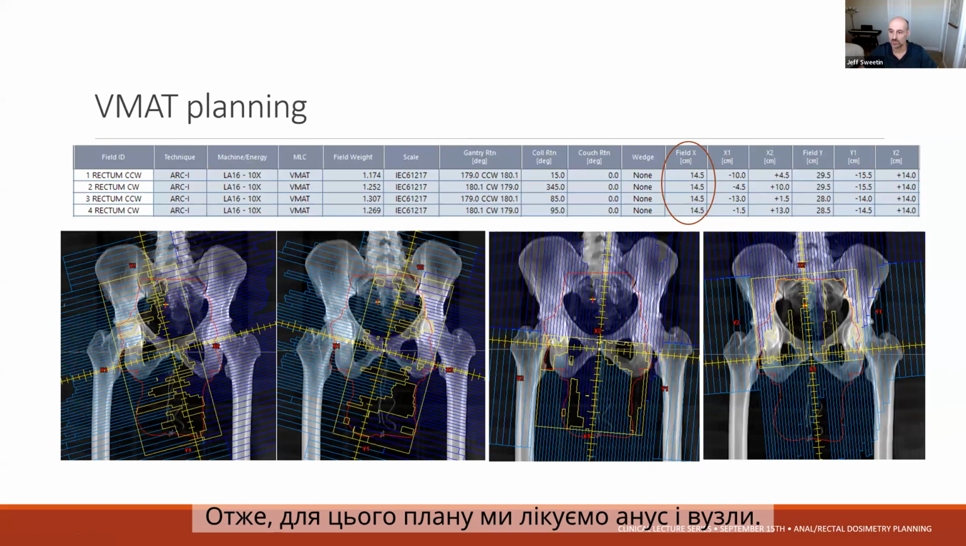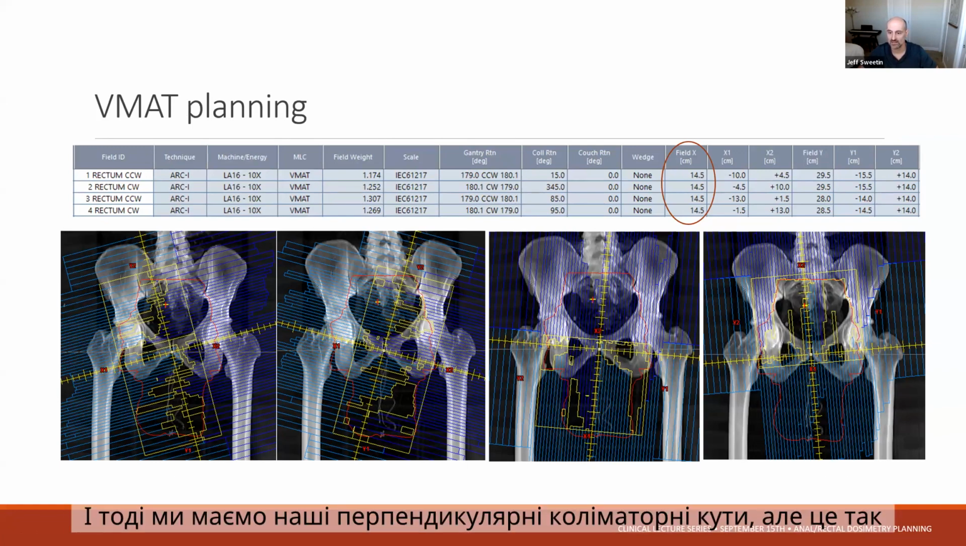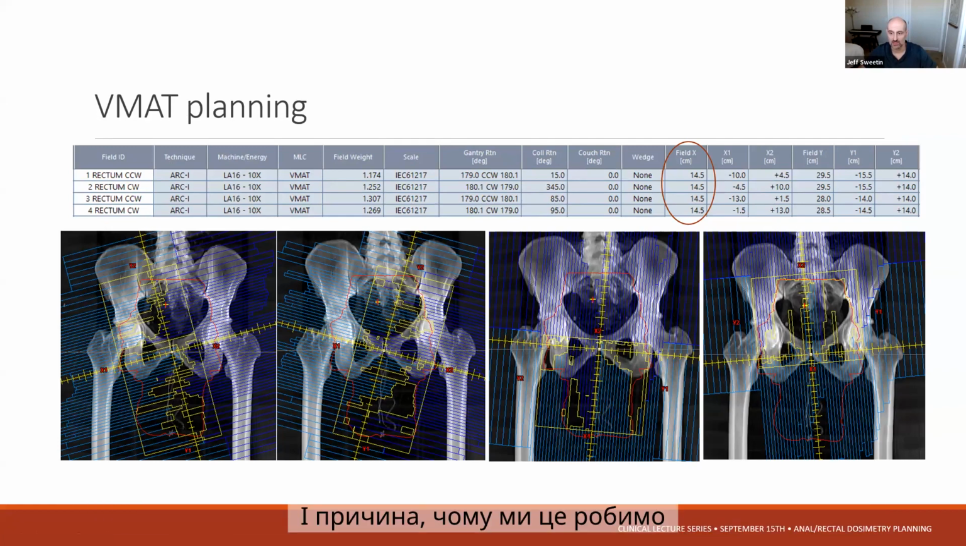So for this plan, we're treating the anus plus nodes. It was a very large PTV that required 4 arcs. We used 10x, which is what we use for most of our pelvis plans. And then we have our perpendicular collimator angles, but it's also split left and right, as well as sup and inf. And the reason we do this is because we limit our X-jaw,